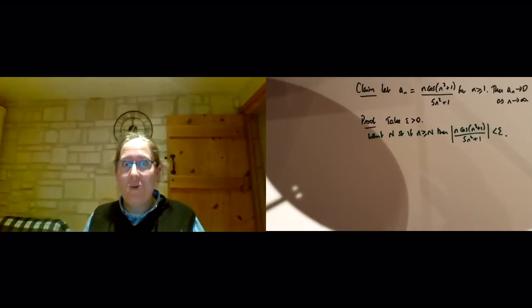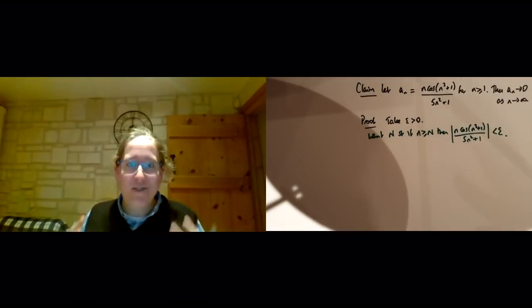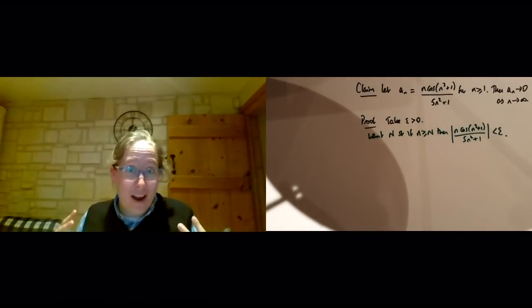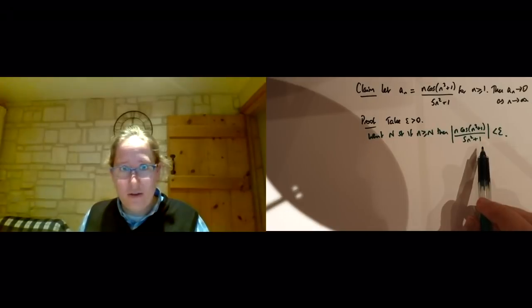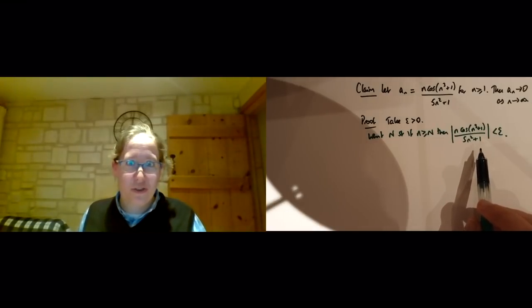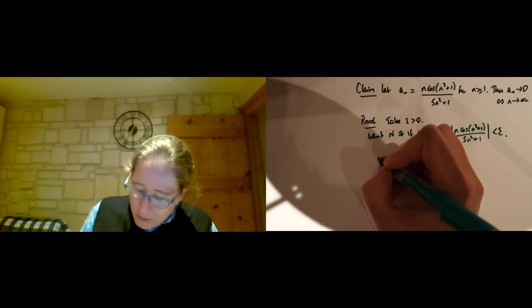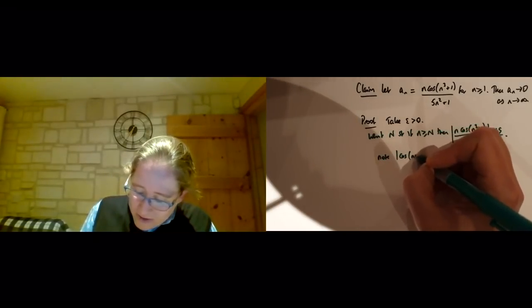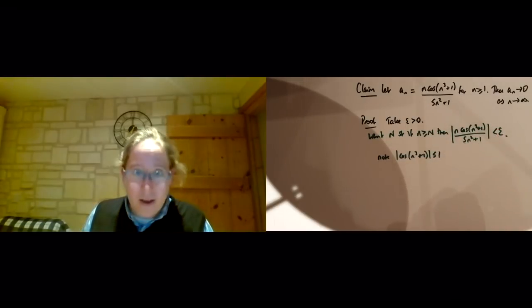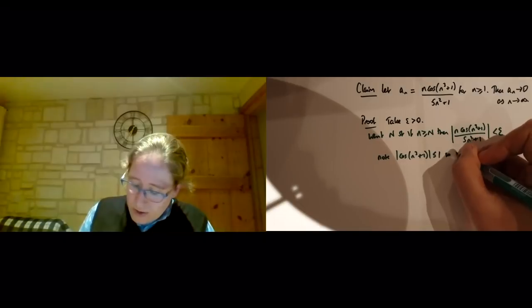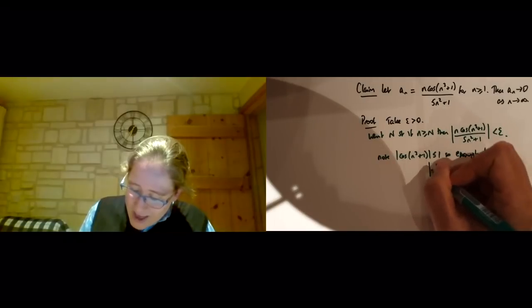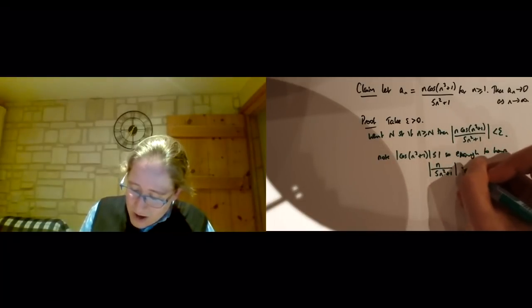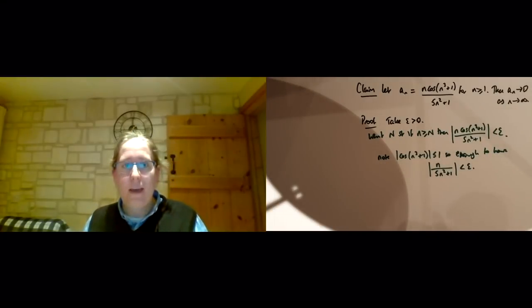I cannot possibly try to solve this inequality to find N in terms of epsilon, but I don't need to. The key thing I want to stress in this example is that your philosophy should be: how can I make my life easier? What can I do to simplify things without throwing away anything important? We need to make sure this inequality is true. We don't care about the smallest possible N that will work. And we might note that cos(n^3 + 1) in absolute value is at most 1. So it's enough to have that the absolute value of n over 5n^2 + 1 is less than epsilon.